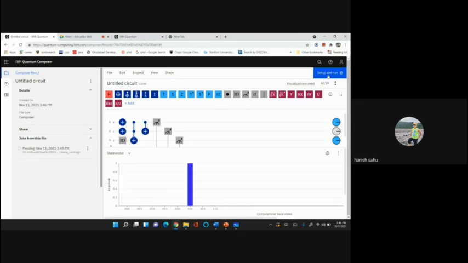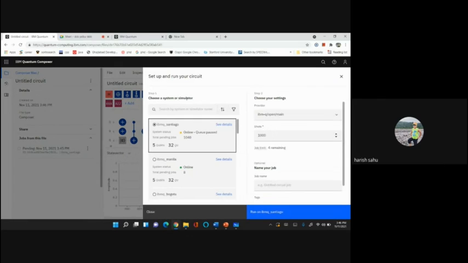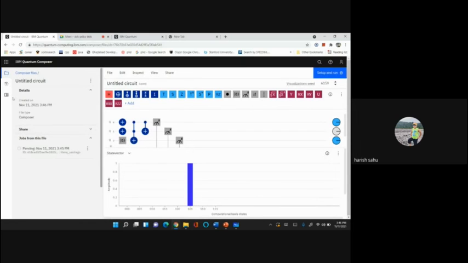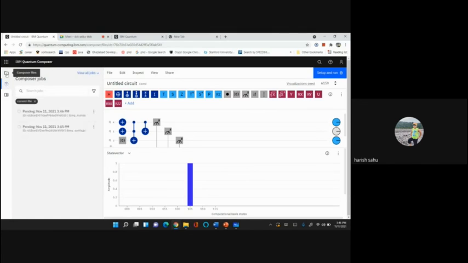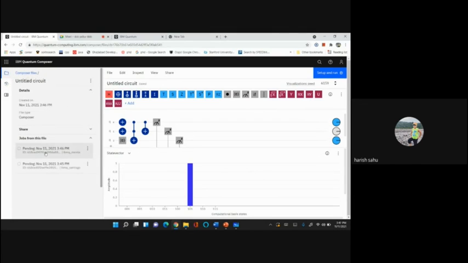Meanwhile, let's see what other options there are here. You can have an actual quantum computer, but let me submit it on this device also, IBM Q Manila. So it has been submitted on both Santiago and Manila, and in both of them it is pending, which means it is in the queue. Once the device is free, it will be run on that device and we will get the result.